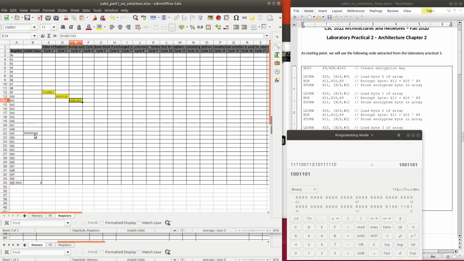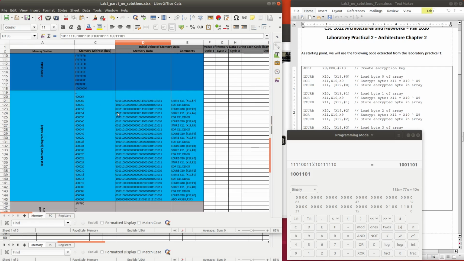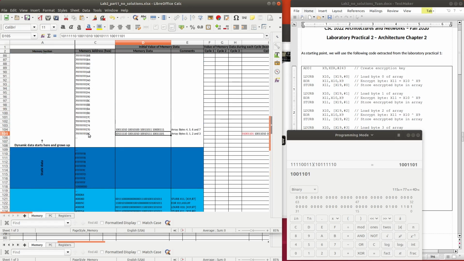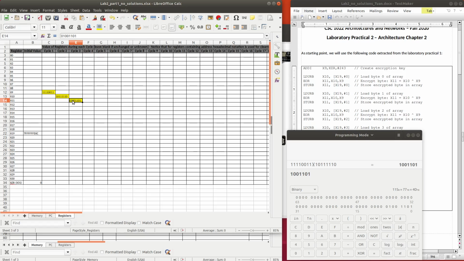We come back here and we know that this is the address shown by X19, and the current value is this, but at the offset address 0, this byte will be replaced by this value inside X11.